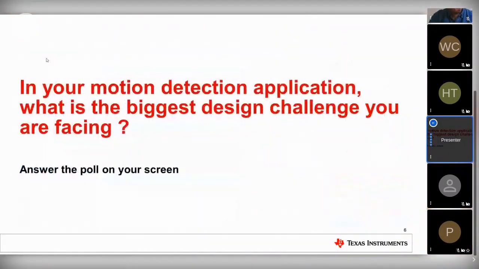So I have a little question here for you. What will be your biggest challenge that you are facing designing the motion detection? I will give you a couple of seconds to answer that one. So as I said, in my case, normally when I'm looking indoor, very easy. If I'm looking outdoor, it starts to be very complicated, especially during the summer when the temperatures are higher. Afternoon, if I'm facing west or south of the house. So there are several of these challenges,